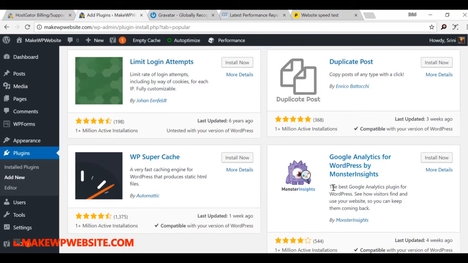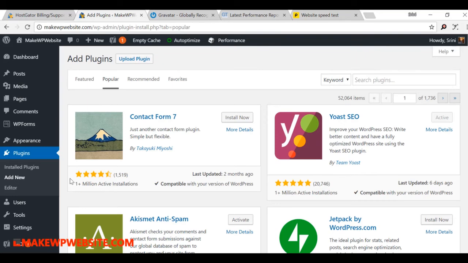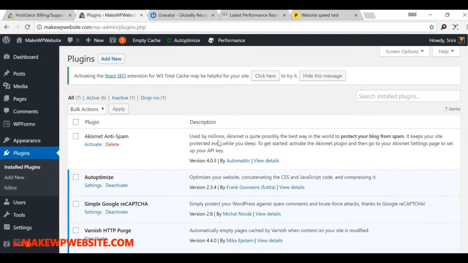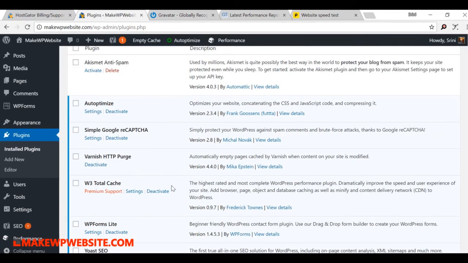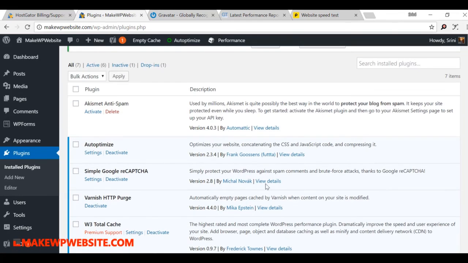Google Analytics, you don't have to install all this for Google Analytics. I'll show you a very simple way to capture all the traffic coming to our site on Google Analytics. Okay, so let's verify our installed plugins now. Okay, I believe that's enough. In the next section, we will configure most of it. Like we'll configure Google reCAPTCHA, we'll configure Akismet, and we'll configure WP Forms, and then we'll also configure Google Analytics.